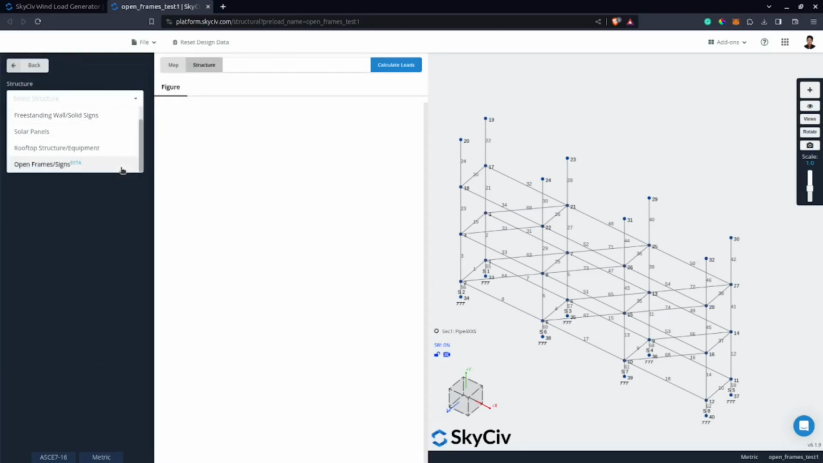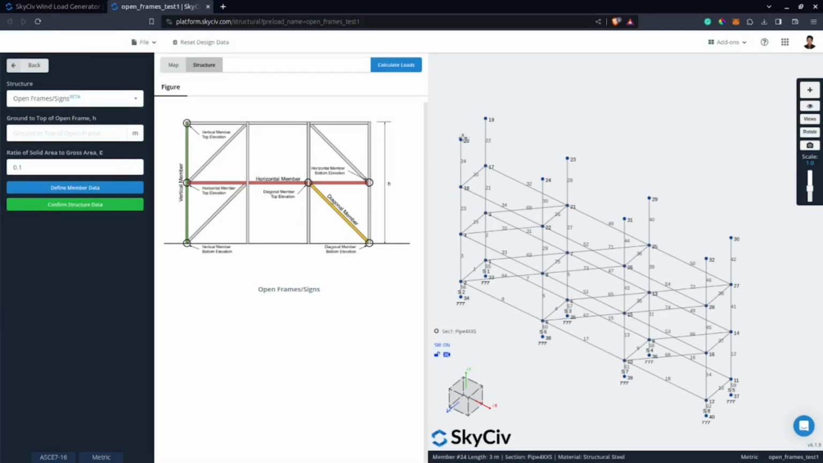The difference is that once I click this open sign, I will put the ground to top of open frame. Let's say this is still the ratio of the solid area to gross area. So this is the worst case. I want to get the maximum net force coefficient, so I'll just set it to 0.1, and then I'll define